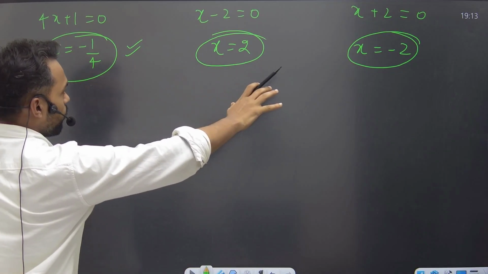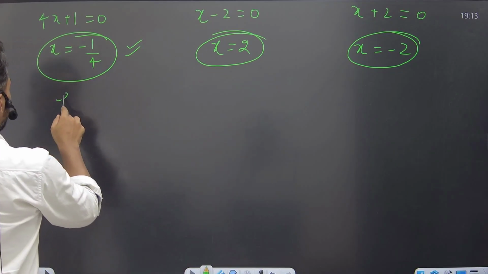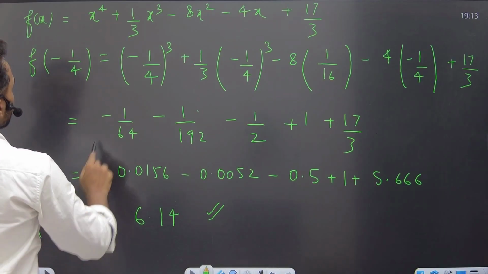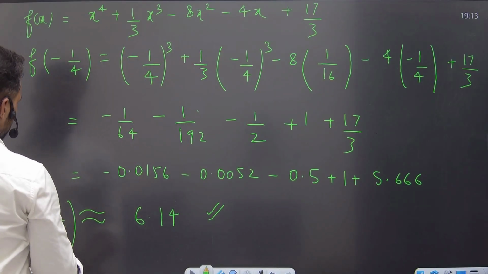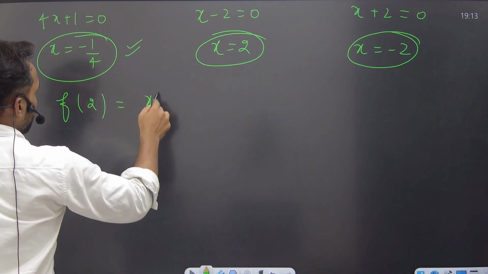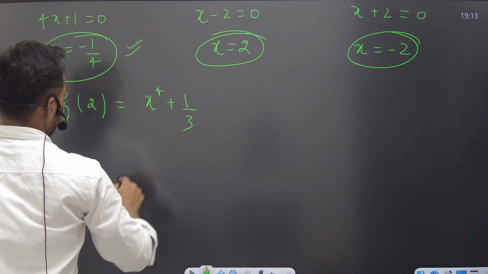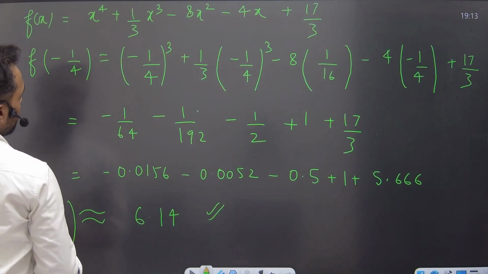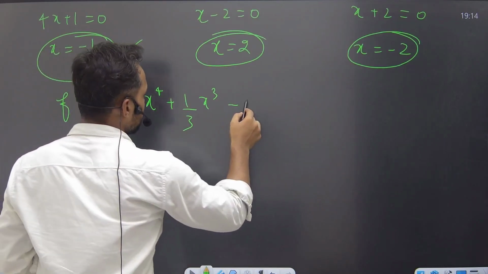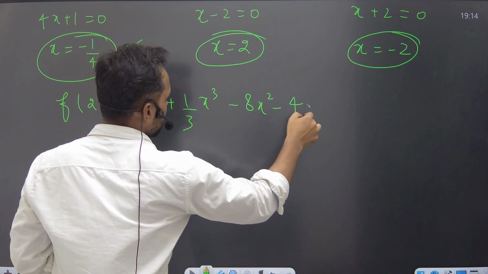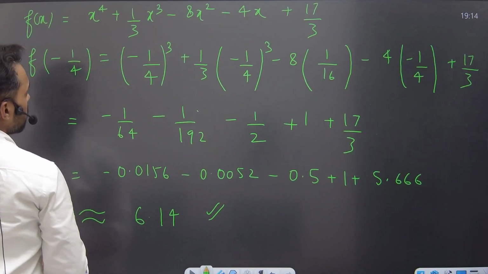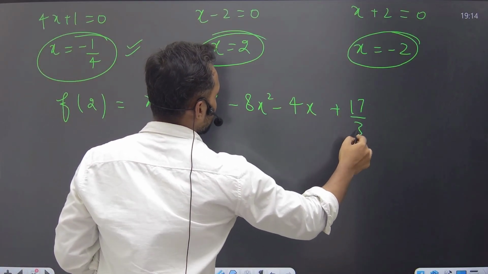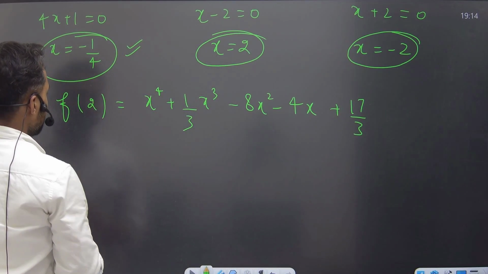These are the critical points which we have calculated. Now on plugging the value of x as 2, what we will get? This was our original function, so first I will write the original function, student: x^4 plus 1/3 x cube negative of 8x square negative of 4x plus 17/3. Okay, so f(2)